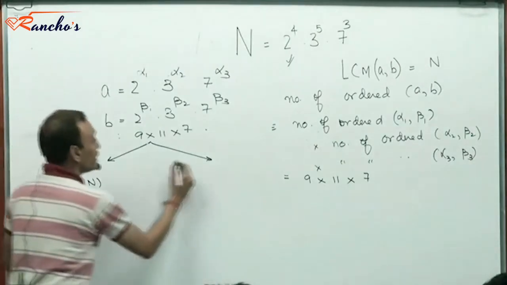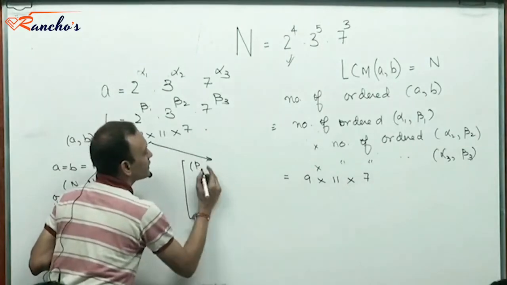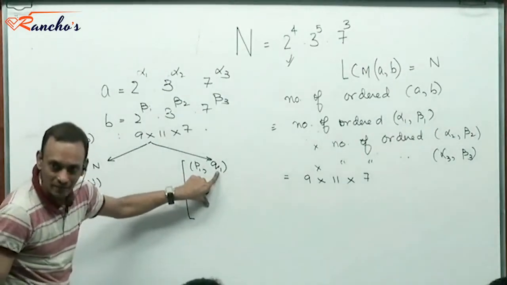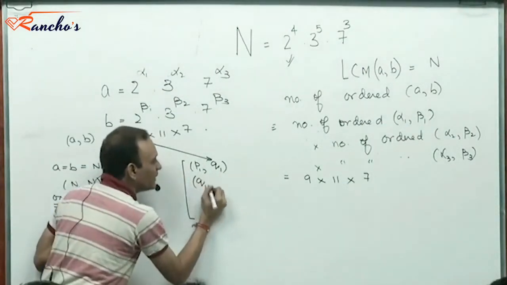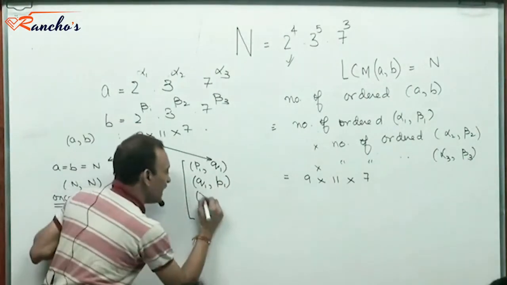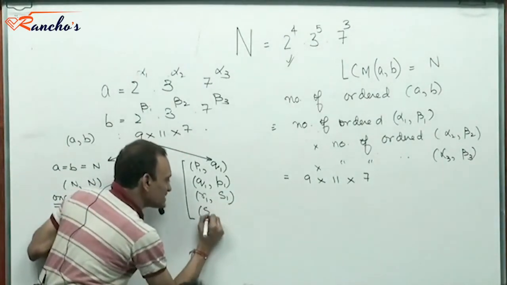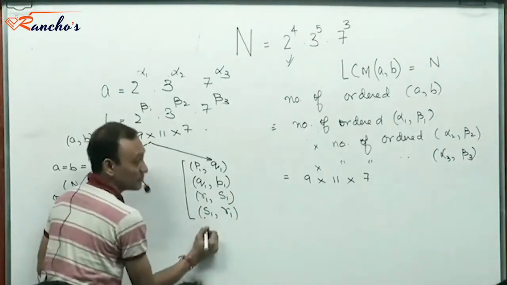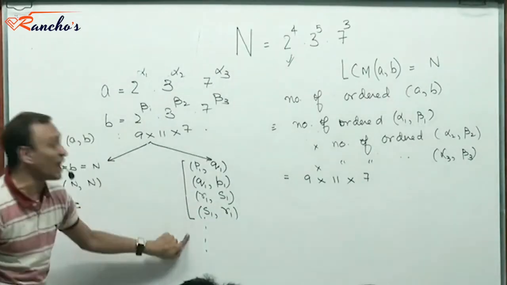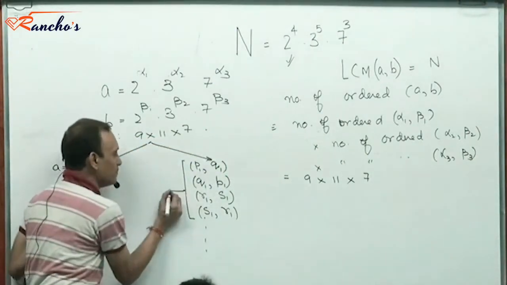Yes or no? Then there are rest in which, say, PQ, if there is a P1, Q1, that means A is P1 and B is Q1 has come, then there is A as Q1 and B as P1 has also come. Right? If there is A as R1 and B as S1 that has come, then there is A as S1 and B as R1 that has come. Yes or no? Right? And these pairs are even in numbers because for every PQ there is a QP. Right?